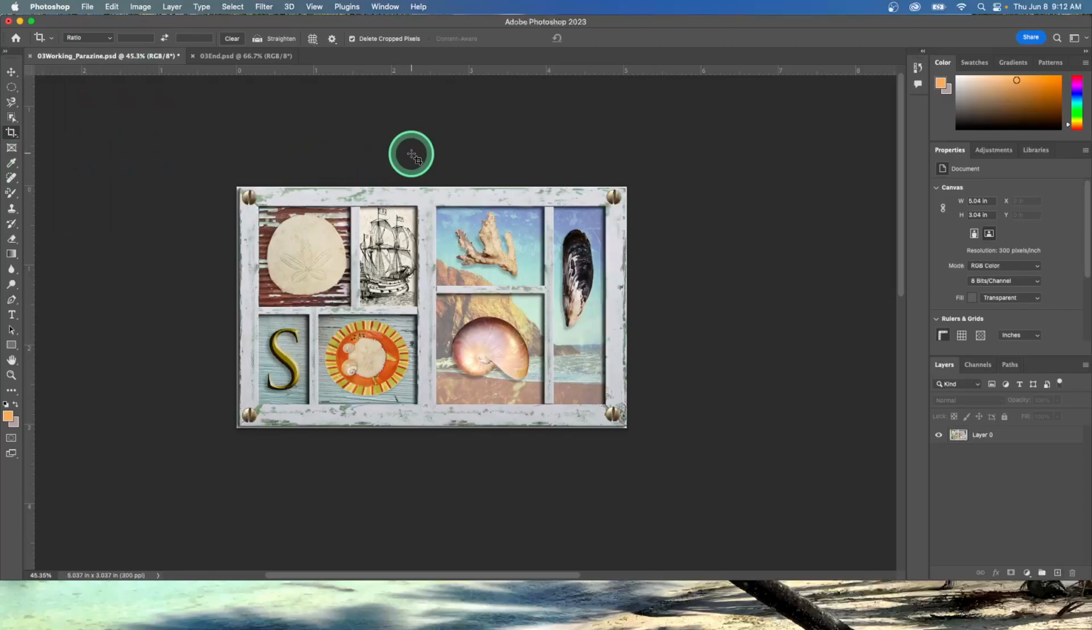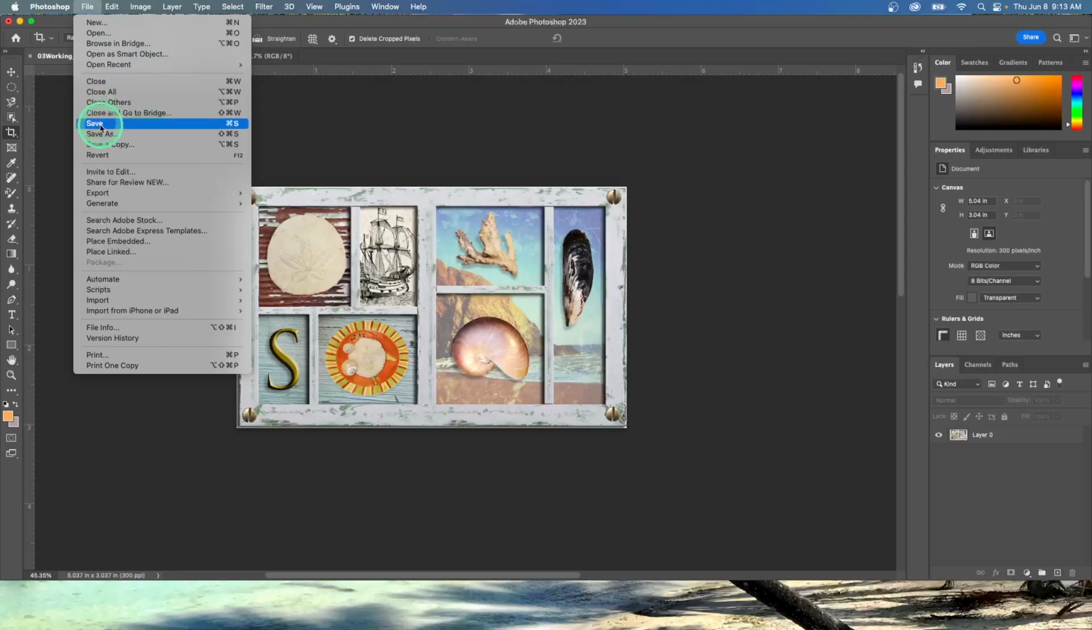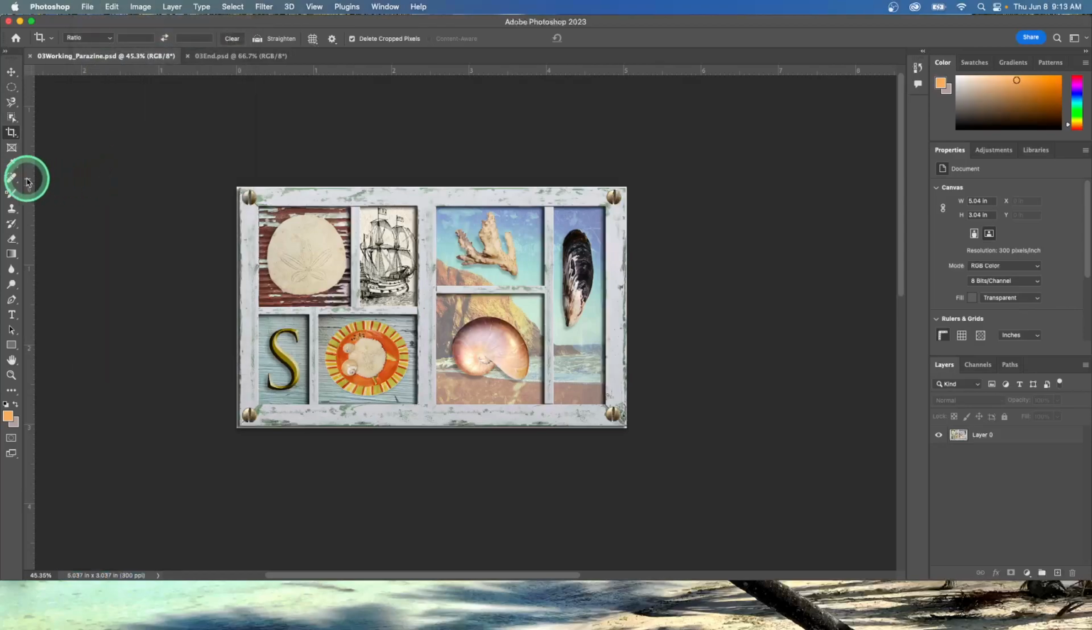So we've used several different selection tools to move all these seashells into place. Our shadow box is now complete. Congratulations. Let's click File and then Save, and then you are going to submit this finished product to me, and you should have all these things